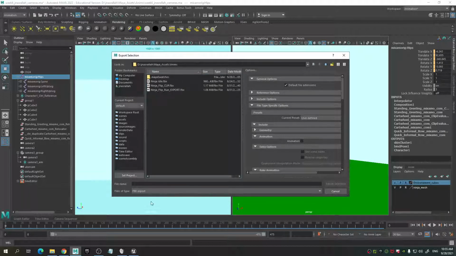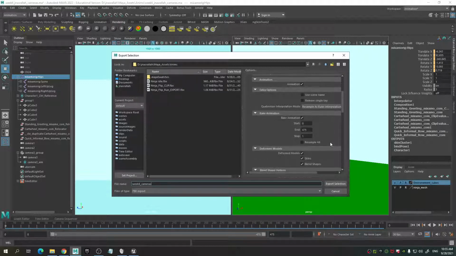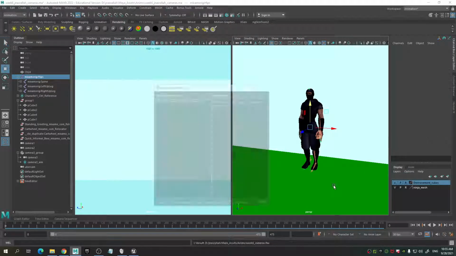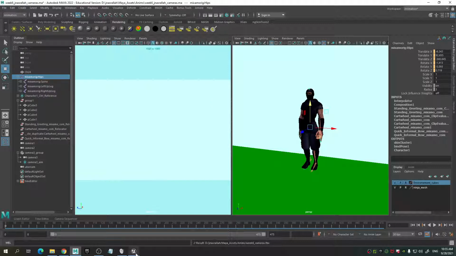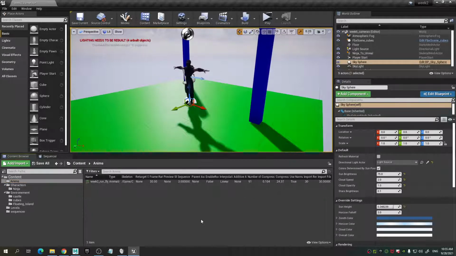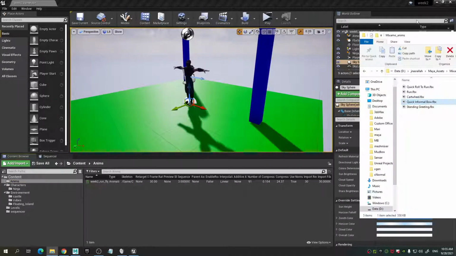anims, call it week 6 cameras. Now we need the animation and baked, bake animation, yeah, should be good. I hope it's gonna work. Please. So let's see if we import now the animation,